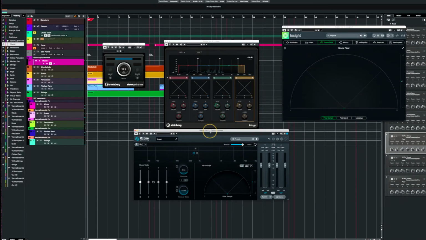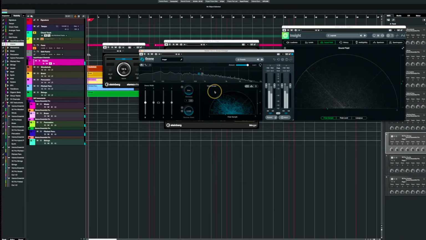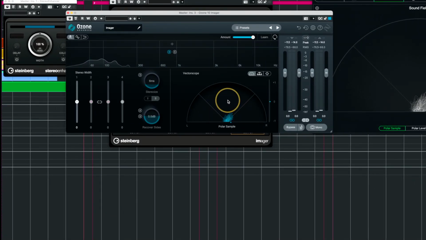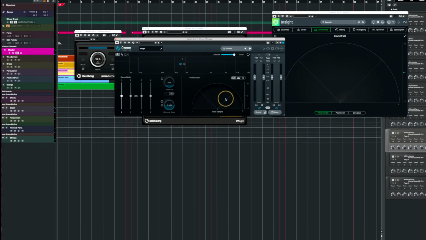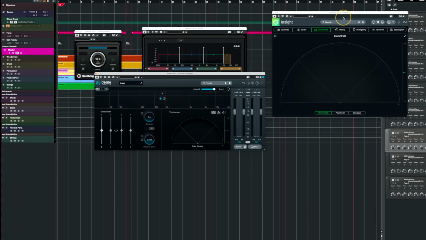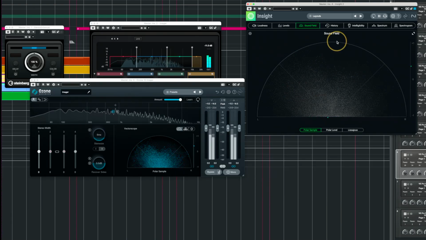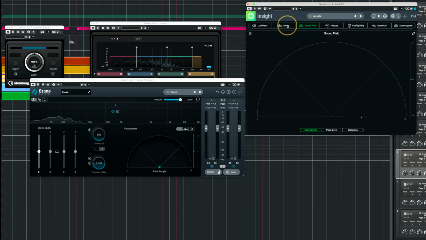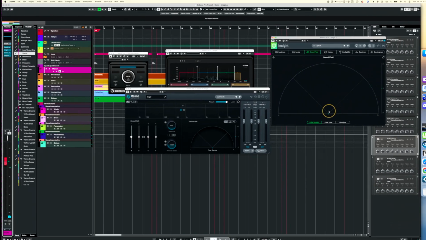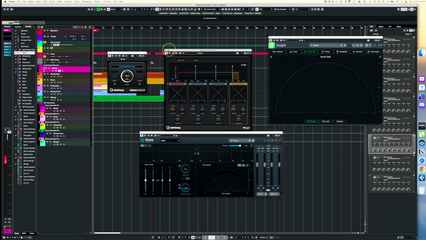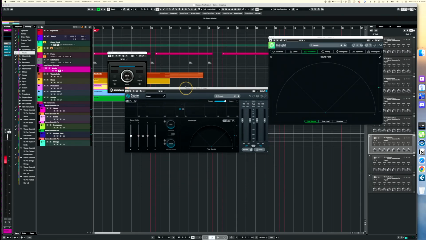Now, the Imager here does basically the same thing. You can see down here in this graph space, this vector scope, as they call it, that there's a lot going on in the stereo field. I also sometimes, just for the purposes of measuring what's going on, use this plugin over here called Insight, which is giving us much the same information as this over here. It has other features in it, which I'm not going to go into, but it's up here so that I can demonstrate monoizing your audio as well. Okay, so there are built-in options, but I'm going to focus on using Ozone